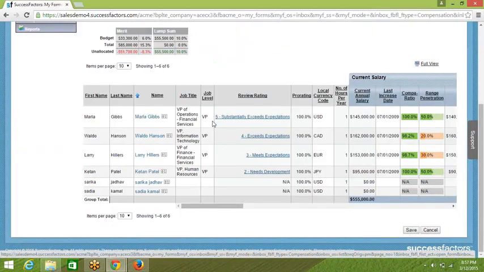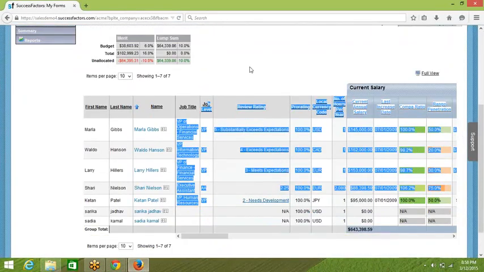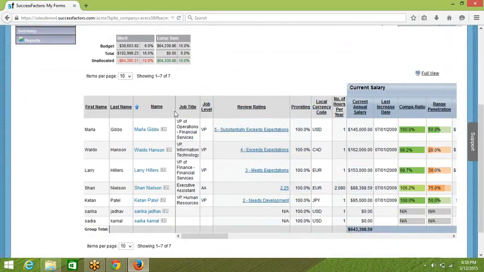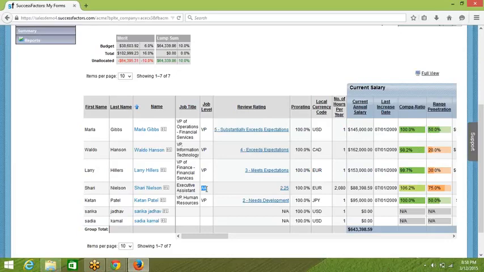And do you remember, guys, one of the employees with AA job level used to be here. If you look here, this is the previous one. I didn't refresh it because I want to show you the difference. You can see Sherry Nielsen is the employee with the job level AA, which was there in the previous compensation worksheet